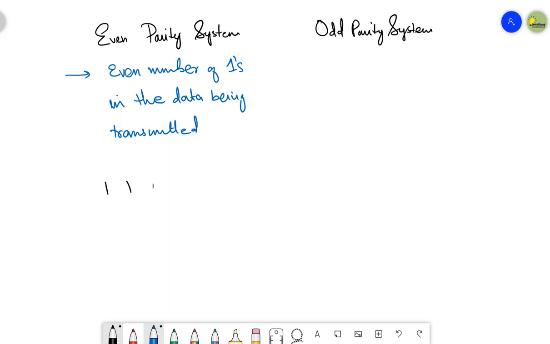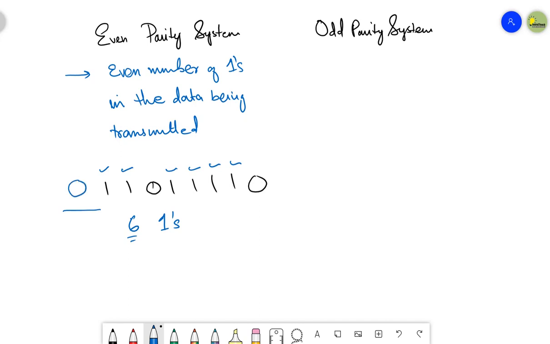Let's suppose 11011110. How many ones does my data have? Let's count it. 1, 2, 3, 4, 5, 6. I have 6 ones in my data. And since 6 is an even number, it means that in even parity system, your data must have an even number of ones. And since I have 6 ones, it means that the number of ones is already even. So if the number of ones is already even in my data, then the parity bit must be 0, right?